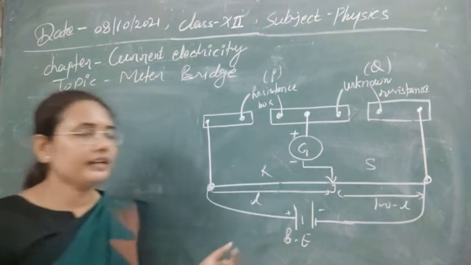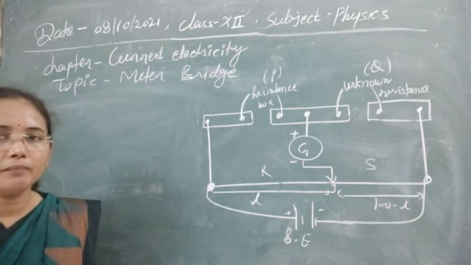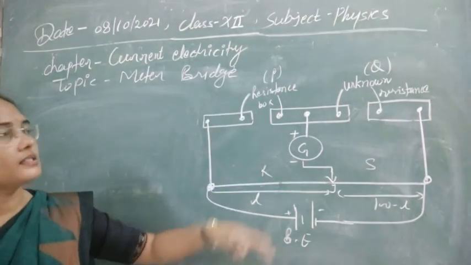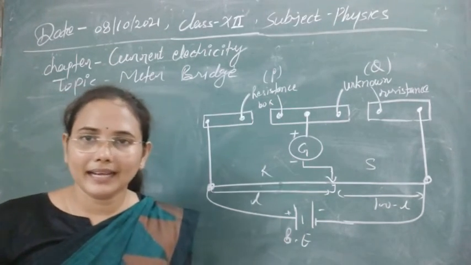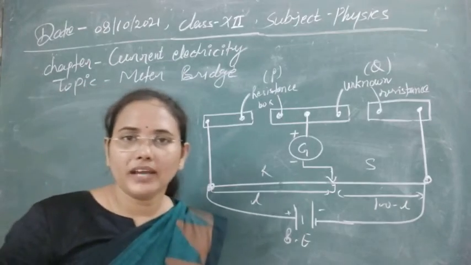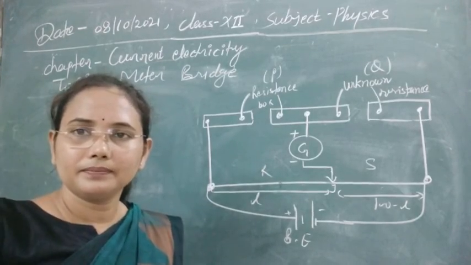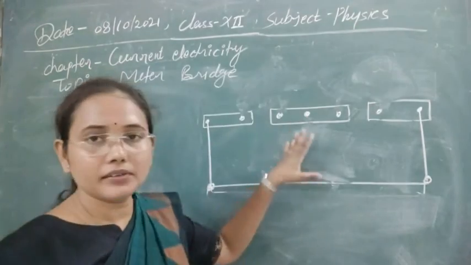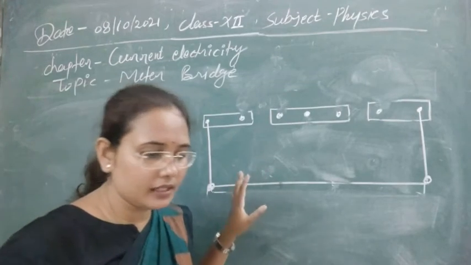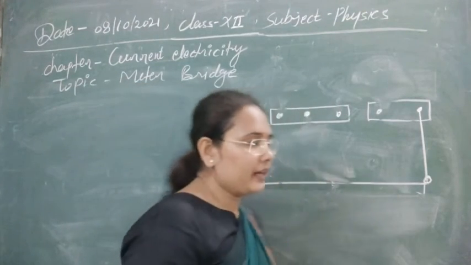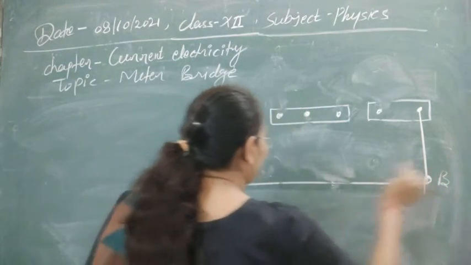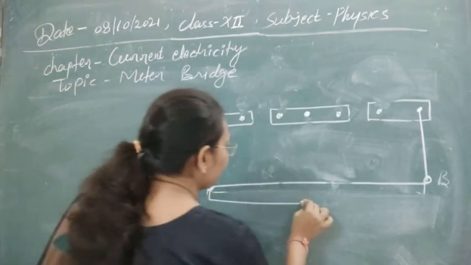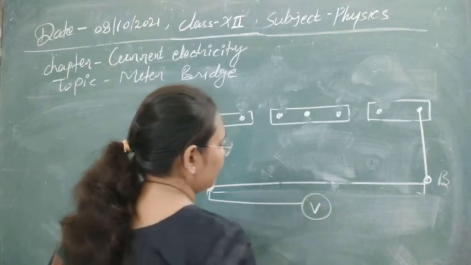So while verifying Ohm's law, we are connecting this circuit in a different way. Let's see first of all the connection of the circuit for the verification of Ohm's law. So now this is again our meter bridge. Now its construction, let's connect it now. These are the two points, suppose A and B, and at the end of the two points, the first point we are connecting with the voltmeter now.